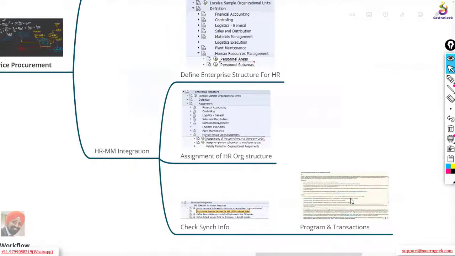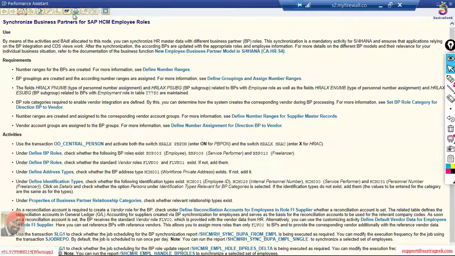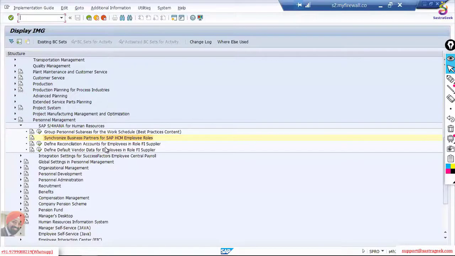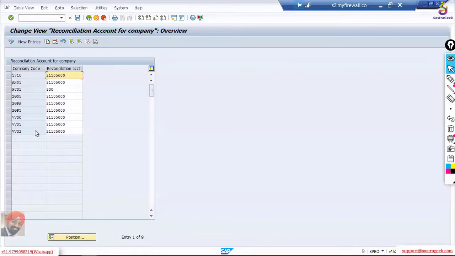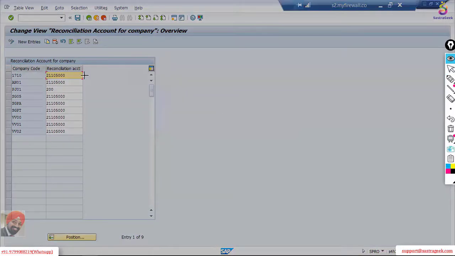So you need to follow these steps. This check system info we have done, and the fourth step we have done, I will come back to this one, is we have defined the reconciliation account. Why this reconciliation account? Because it will also create a vendor for you. When it creates a vendor, the system needs to automatically find the reconciliation account, which is generally mandatory when it tries to create a vendor in a company code. So that default reconciliation account we need to maintain here.